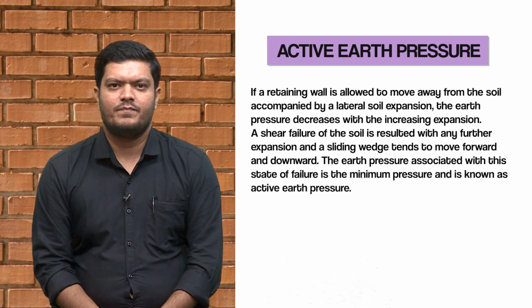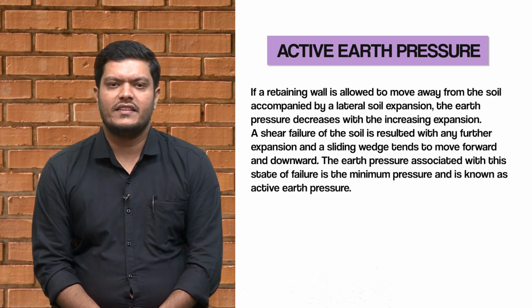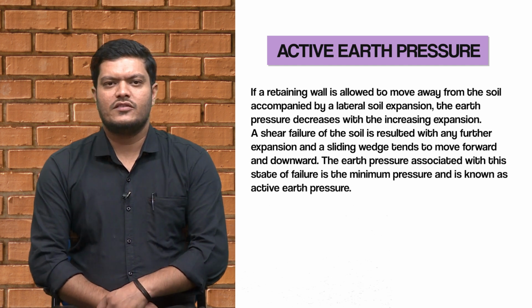Active earth pressure: if a retaining wall is allowed to move away from the soil accompanied by lateral soil expansion, the earth pressure decreases with the increasing expansion. A shear failure of the soil results with any further expansion, and a sliding wedge tends to move forward and downward. The earth pressure associated with this state of failure is the minimum pressure and is known as active